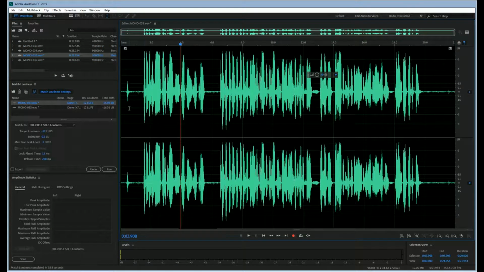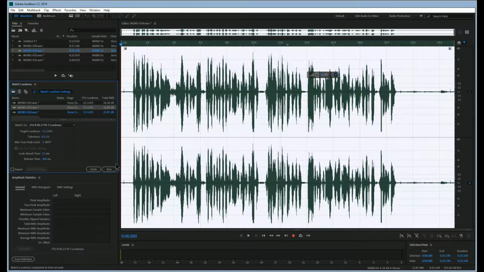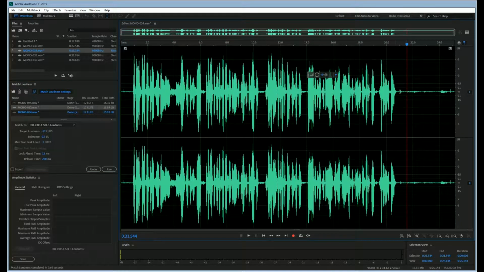I already did that one, so let's take this one. If I was to level this one and run it, because it came from such a low point, it's got a lot more gain to apply to it, so you can see a little bit more background noise. Is it going to be bad? No, it's not going to be bad. But the lower level that you start with, the more difficult it becomes to actually do post-processing.